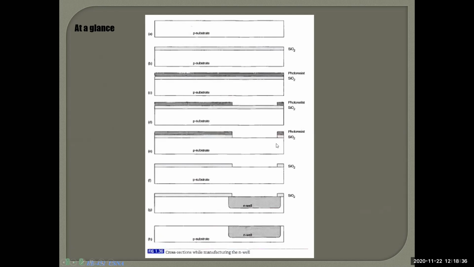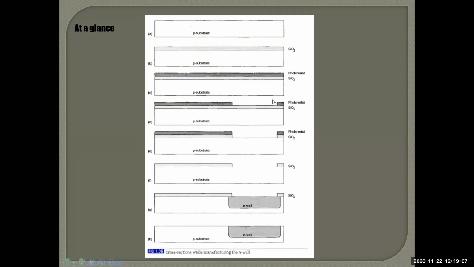So it is empty. Now you give all UV ray. That means no mask layout, only the UV ray. So all the photoresist will be gone. Now you give some N doping. So that N doping will be absorbed by the P substrate. Like this is called N well. Now, since your N well is formed, you no longer need the silicon dioxide layer. So you give some hydrofluoric acid, all the silicon dioxide layer will be gone. So you are left with this.